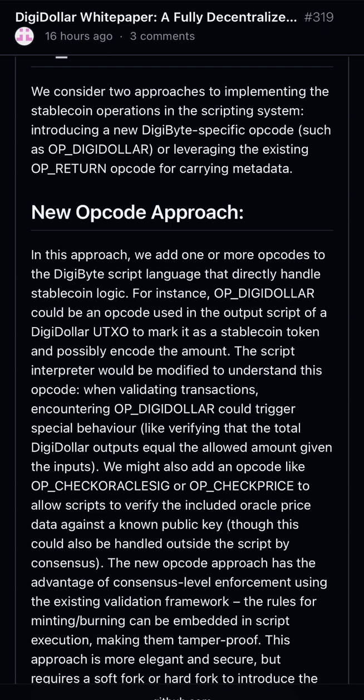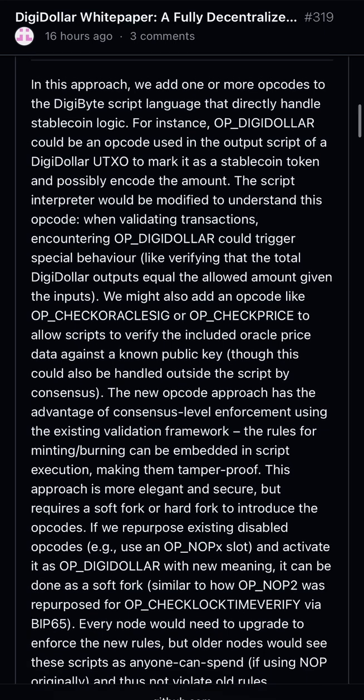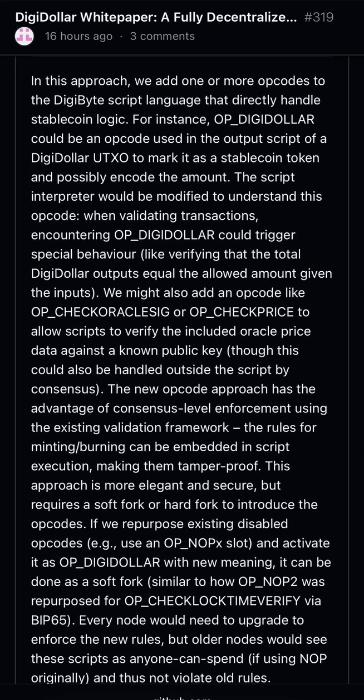New opcode approach. In this approach, we add one or more opcodes to the DigiByte script language that directly handle stablecoin logic. For instance, OP_DIGIDOLLAR could be an opcode used in the output script of a DigiDollar UTXO to mark it as a stablecoin token, and possibly encode the amount. The script interpreter would be modified to understand this opcode. When validating transactions, encountering OP_DIGIDOLLAR could trigger special behavior, like verifying that the total DigiDollar outputs equal the allowed